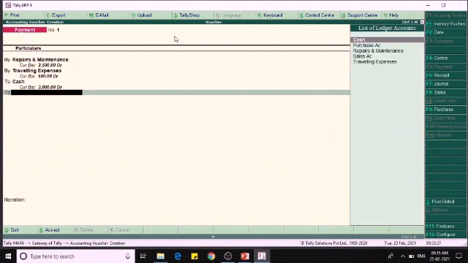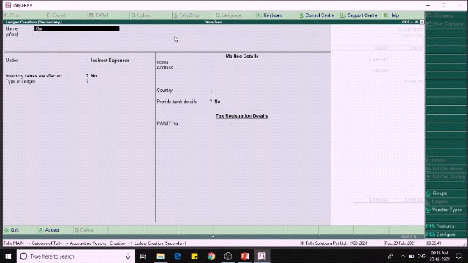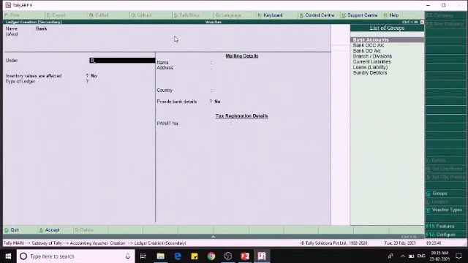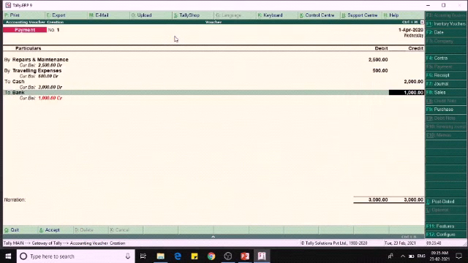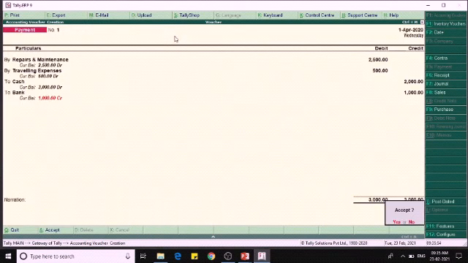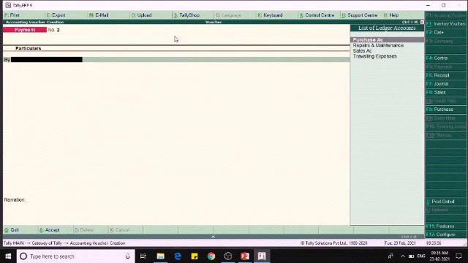So through bank account we can give the remaining amount. So it will automatically show the 1000. Okay. So likewise we can give multi debit and multi credit in the single voucher. Thank you.